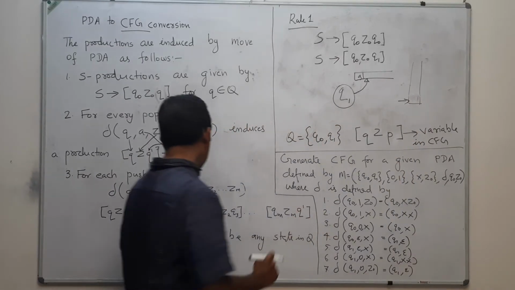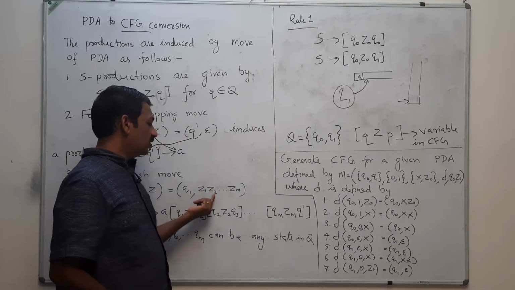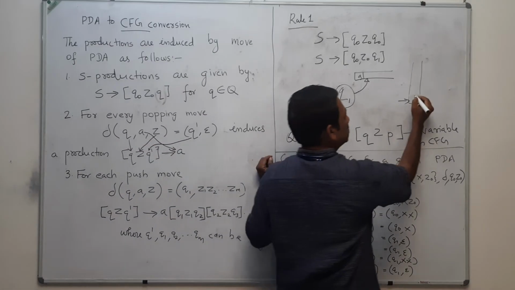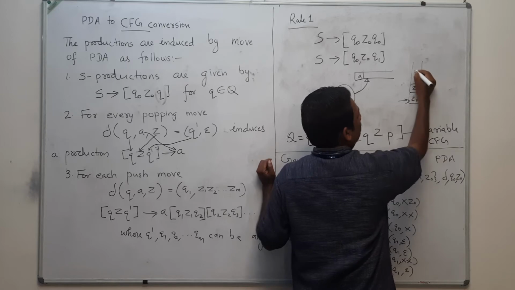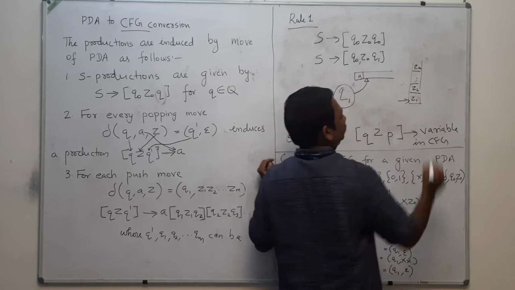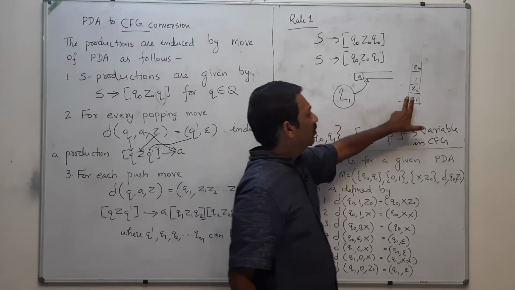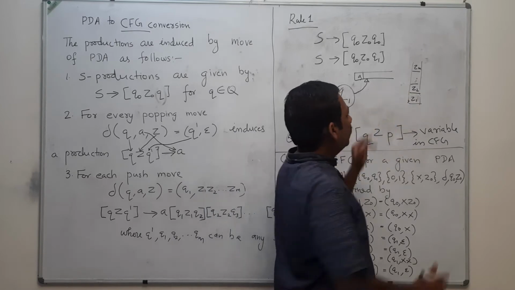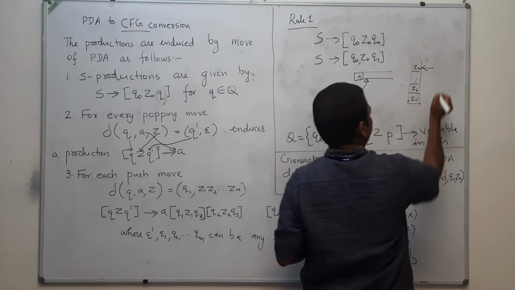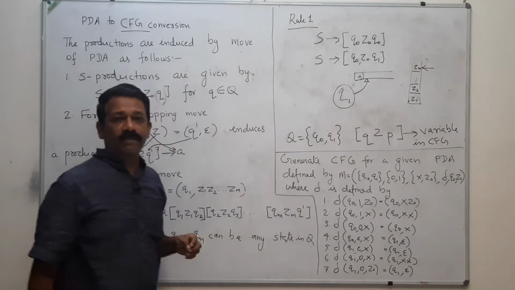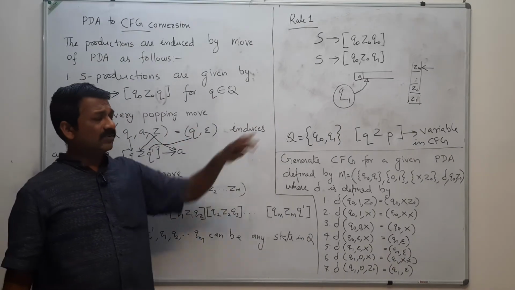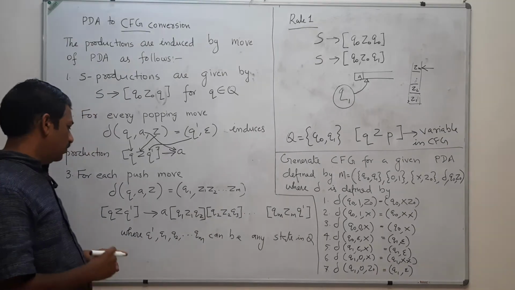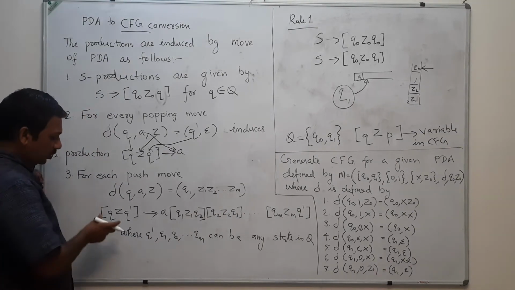and what are you going to do? Pushing Z1, Z2, etc. up to Zm. That means Z1, Z2, etc. up to Zm. And now the top of the stack is having Zm. Okay. Now, if you have such a move, then you are going to have